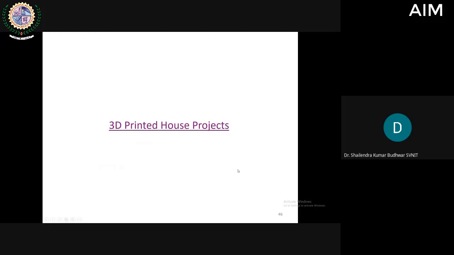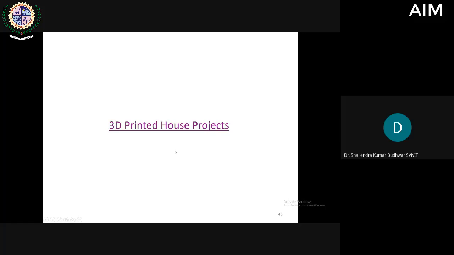So in coming years, I will not be surprised if I see that these 3D printers will have a major role in the construction industry. In China, this work has already been started. All types of low-cost housing are being manufactured by using these 3D printers. And very soon, maybe after 10 years, it may be possible in our country also.